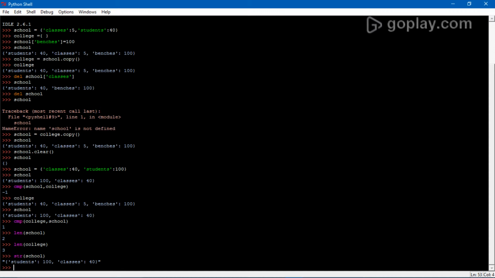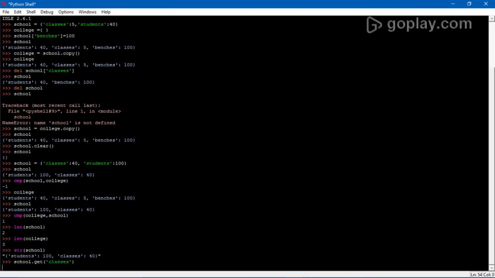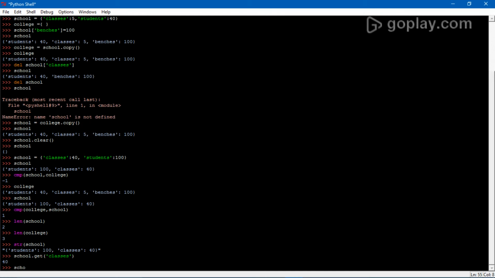If the key is present in the dictionary, it will print the value the key possesses. So how is it done? The name of the dictionary dot get, and in that you have to give the key. Suppose I give classes, it should give me 40, and if I give some other key like